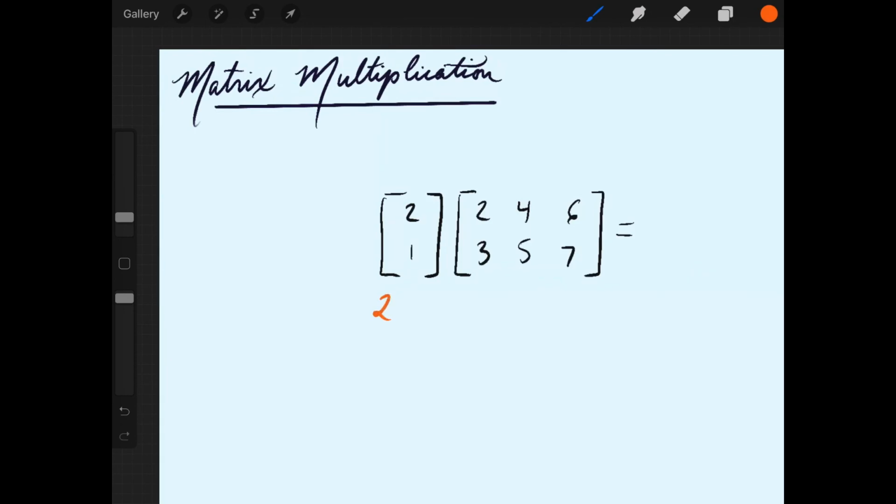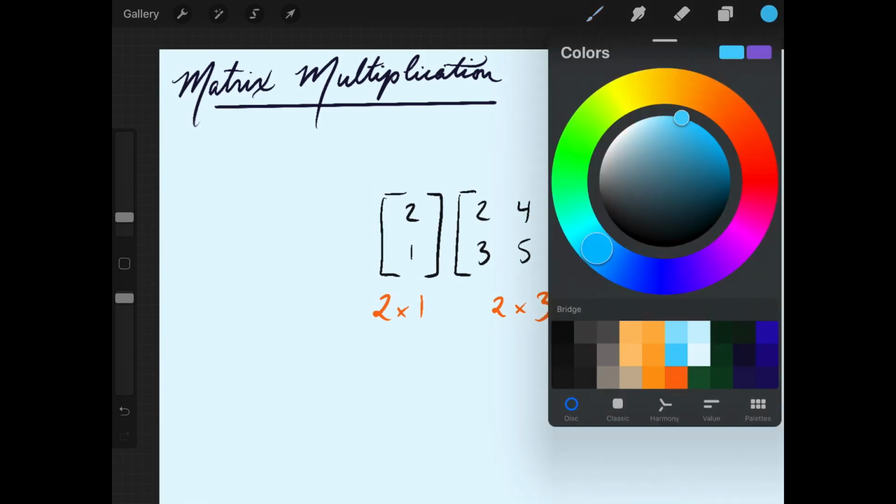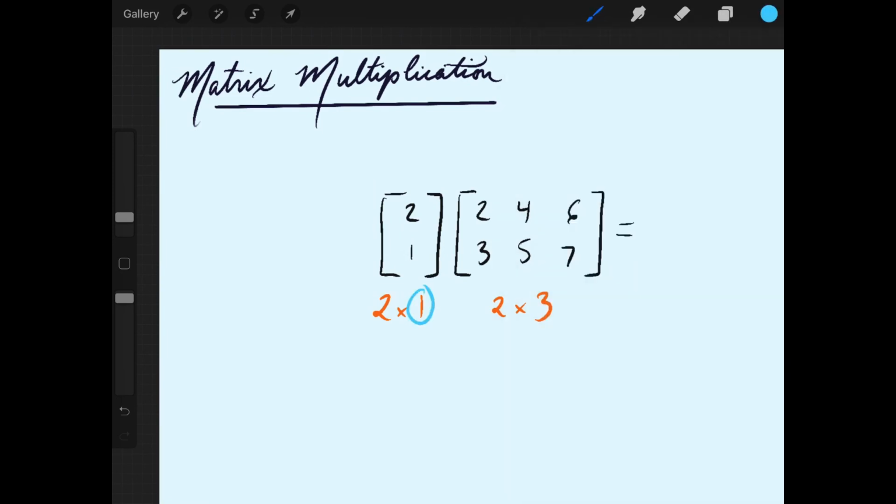There are some matrices that you just simply cannot multiply together. This matrix is 2 by 1, and this matrix is 2 by 3. And if you look at these two numbers, the number of columns and the number of rows of our first and second matrices, those numbers are not equal, and therefore this problem actually